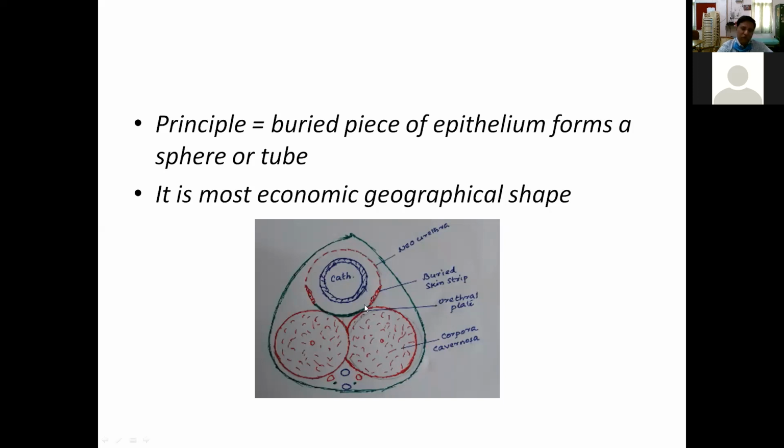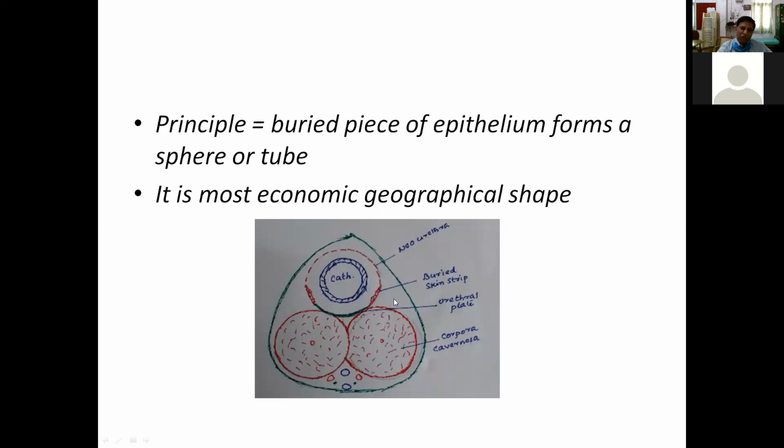So in the olden days, what they did is, on either side of this urethral plate, a little part of the penile skin is left and the skin is incised here, and it is covered and sutured. The remaining part of the skin is mobilized and sutured over, putting a catheter. So we are wantedly burying a strip of skin on either side and putting a catheter for 21 days. So this buried part of the skin,